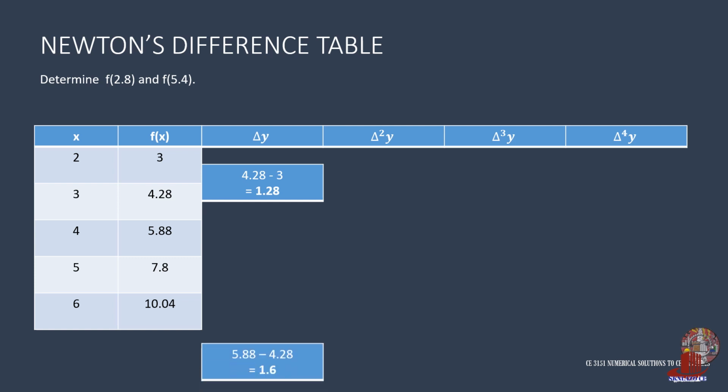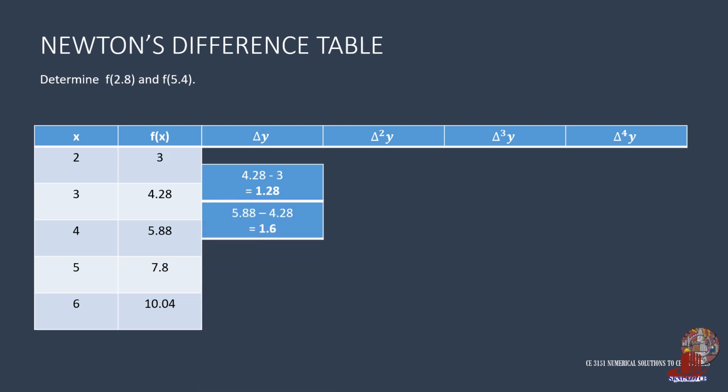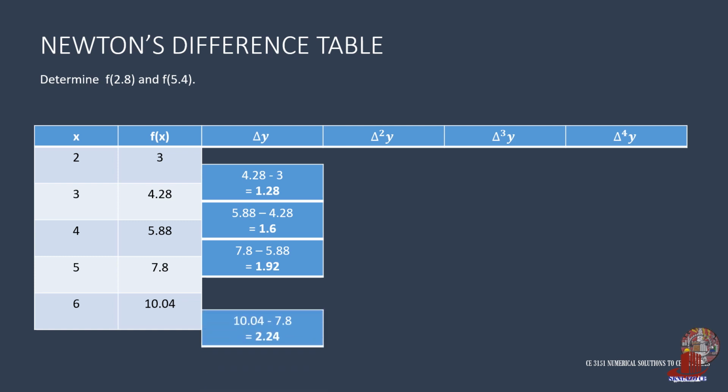The next is 5.88 less 4.28, resulting to 1.6. Next is 7.8 minus 5.88, giving 1.92. Then last in the column is 10.04 minus 7.8, which is 2.24. Since it is too early for the values to converge, we continue with the next difference, which we label as